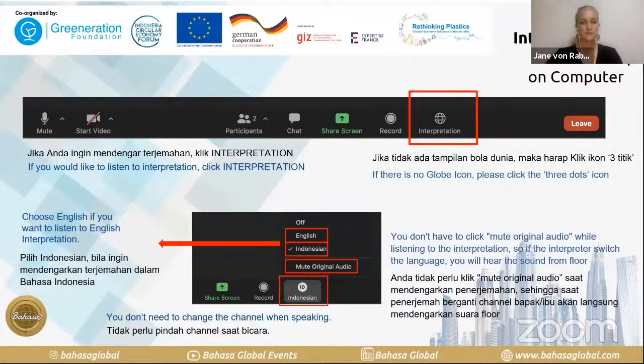Ladies and gentlemen, if you are accessing the Zoom meeting using a laptop or a computer, on the bottom right of your screen there's a globe icon, interpretation. Please click and select the language that you wish to listen, and we would like to recommend you to not